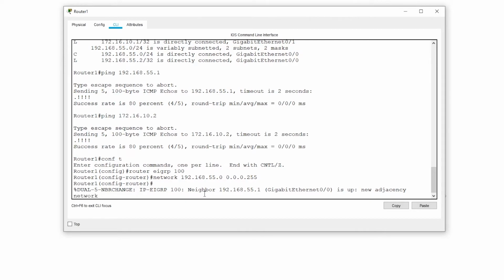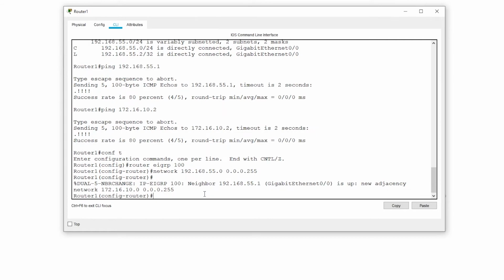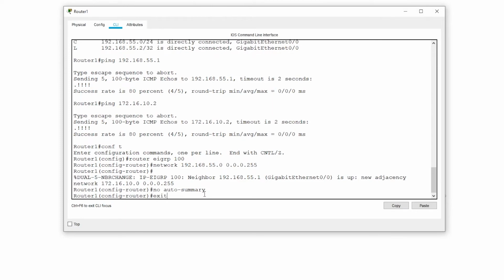And then network 172.16.10.0. No auto-summary. Exit.